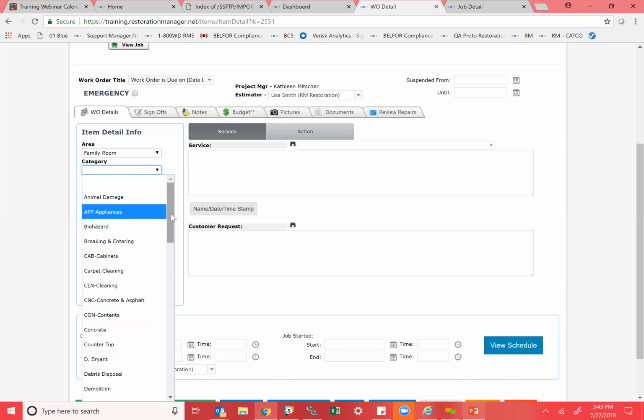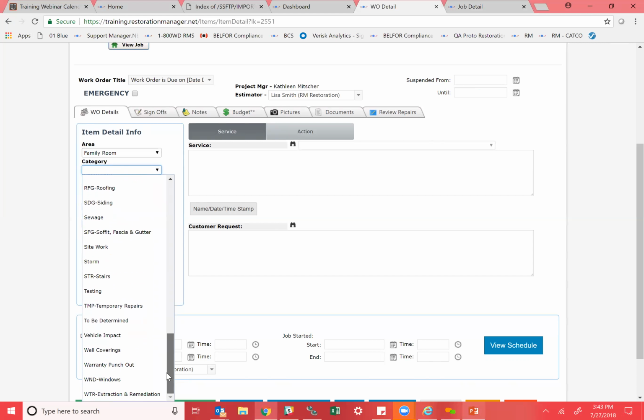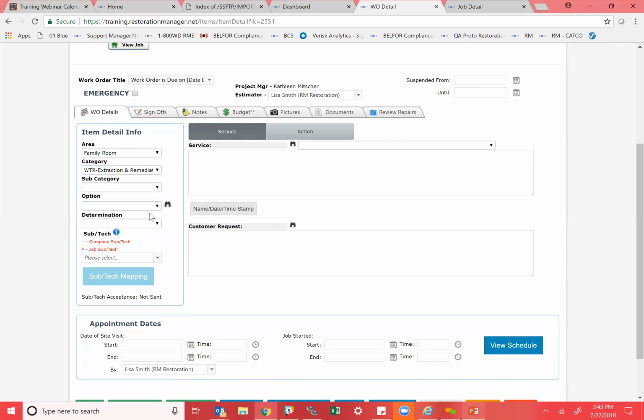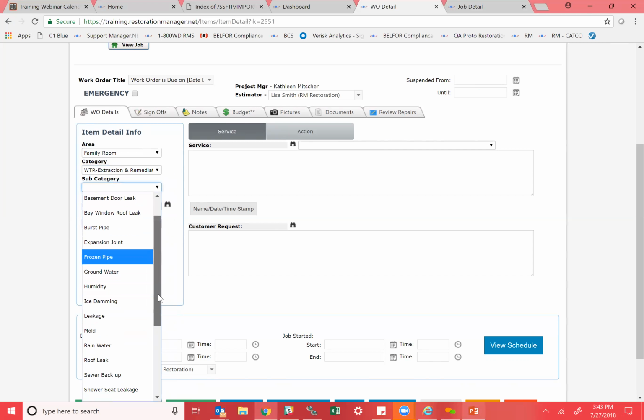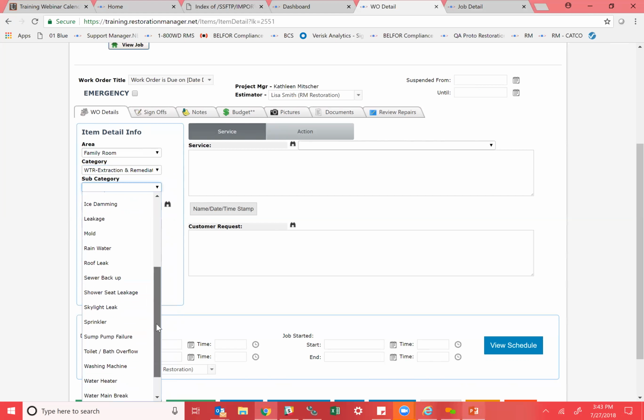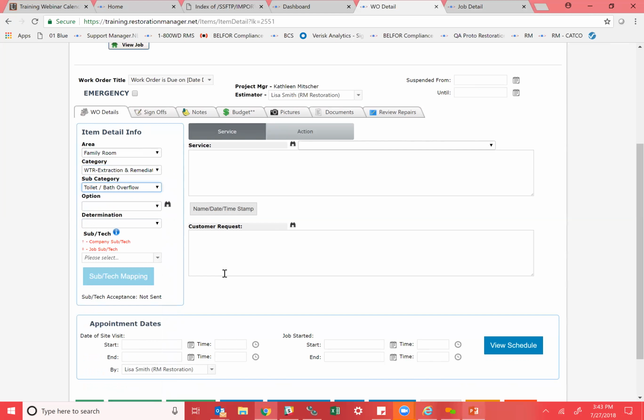I'm going to say that this is water damage. And then my subcategory would be what caused that water damage, or what's the purpose of the category. So what happened to cause that loss? I'm going to say that this is a toilet bath overflow. I could then